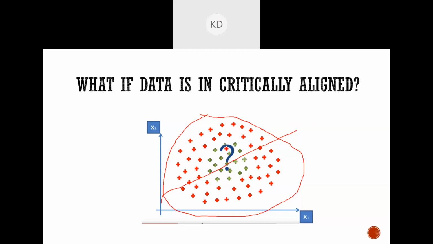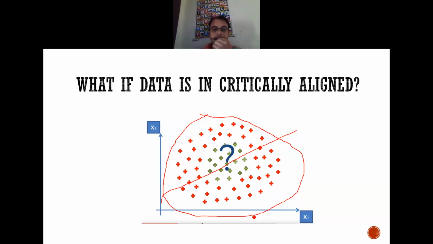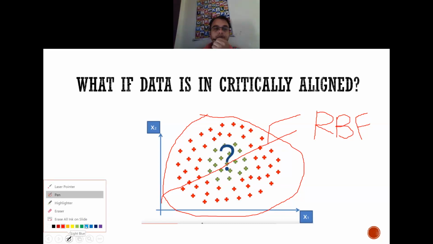So if you look carefully at this diagram, are the data sets linearly separable? Definitely not, they are circularly separable. So if I want to classify two objects where the data sets are circularly aligned, I can't go with a linearly separable mechanism like a support vector machine. Here we have to go with another mechanism, which is RBF, the radial basis function, where these two classes are separated with a separate mechanism of functionality.